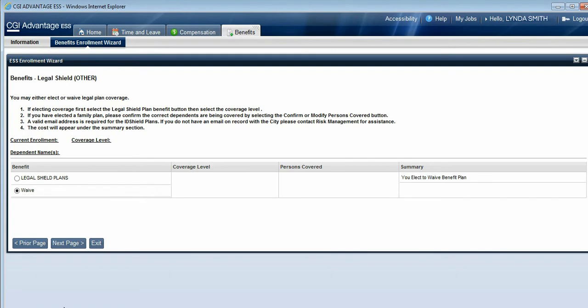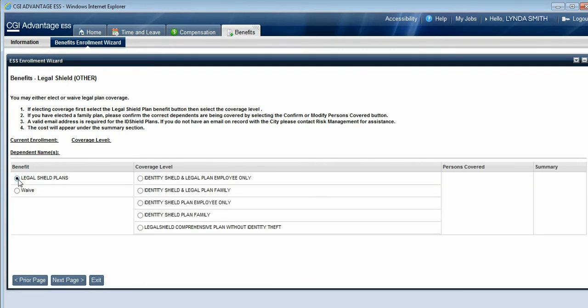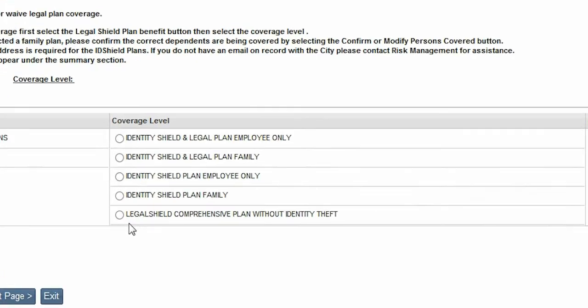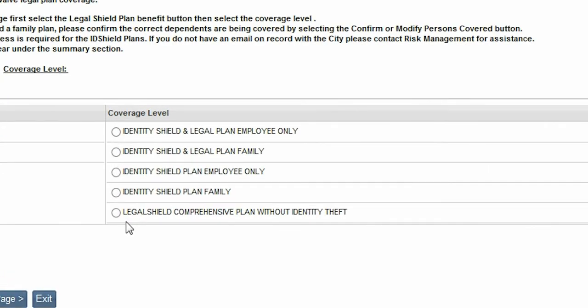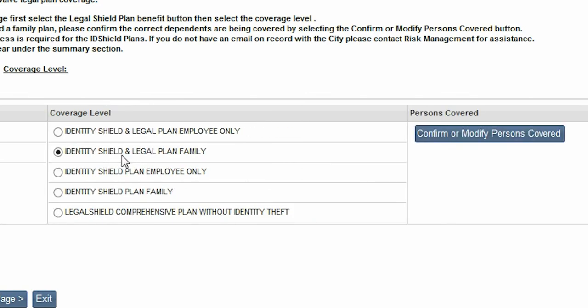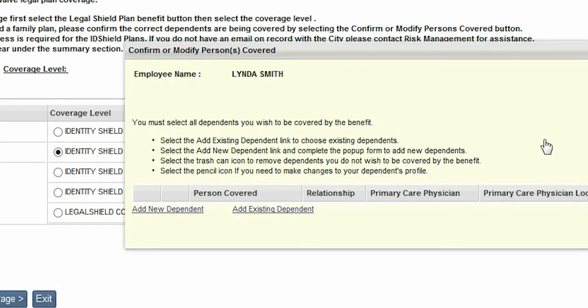The Legal Shield plans. I am able to elect a Legal Shield plan that covers the comprehensive plan without identity theft, or an Identity Shield plan for family, employee only, Identity Shield and legal plan for family, or Identity Shield and legal plan for the employee only. I am going to elect Identity Shield and legal plan family because I want both coverages, and I must click Confirm or Modify Persons Covered